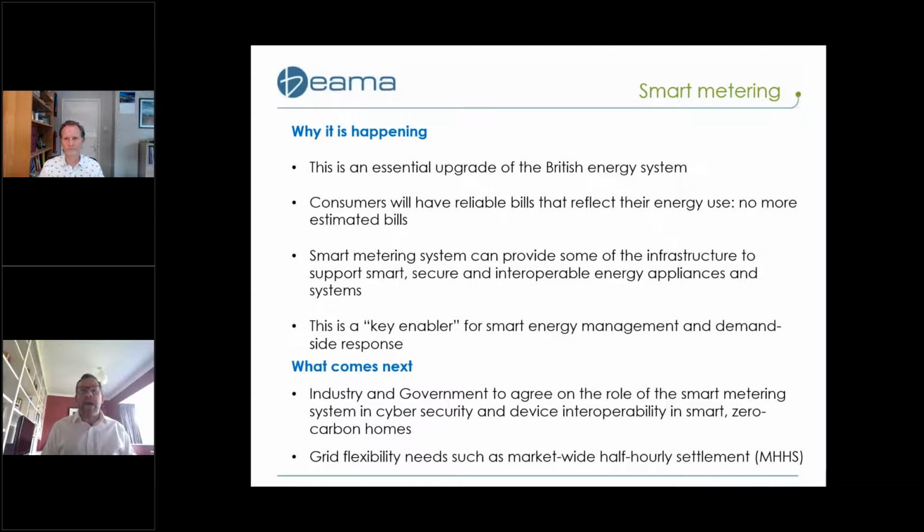Thank you. As an essential upgrade, the most important thing that smart metering does is give consumers reliable bills. So rather than estimating how much you need to pay, you will pay the correct amount, which hopefully, after your first initial surprise, will mean no surprises in your energy bill. As John has already talked about in some depth,